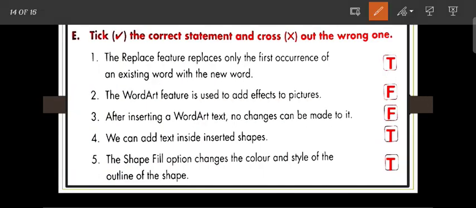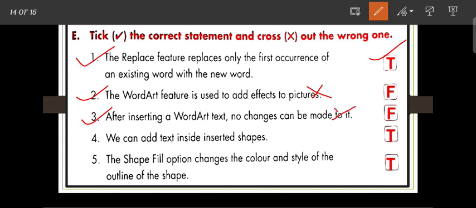Next is exercise true false. The Replace feature replaces only the first occurrence of an existing word with a new word. So this statement is true. Next: the WordArt feature is used to add effects to a picture. This statement is false. After inserting WordArt text, no changes can be made.